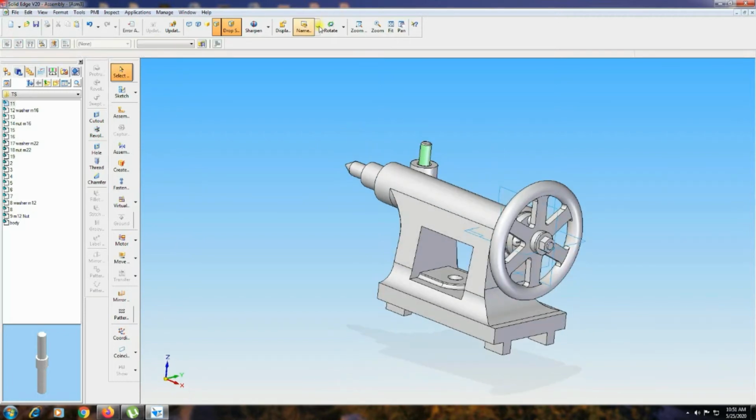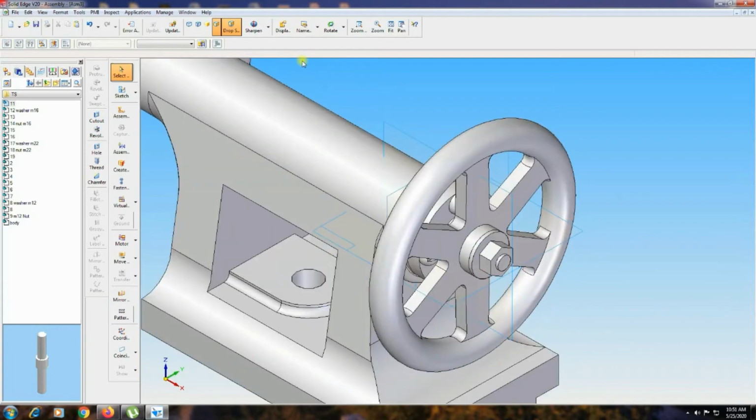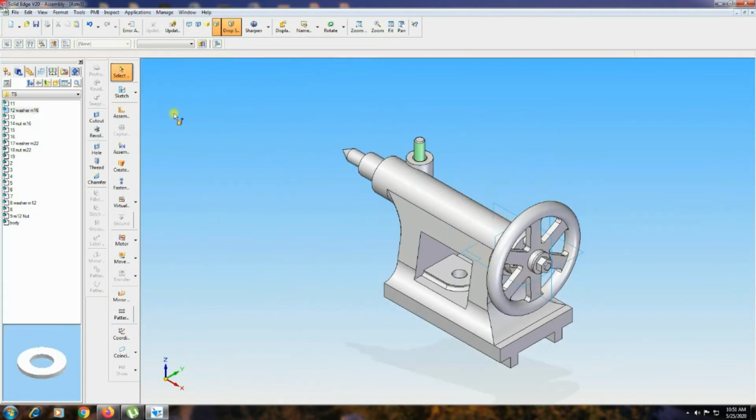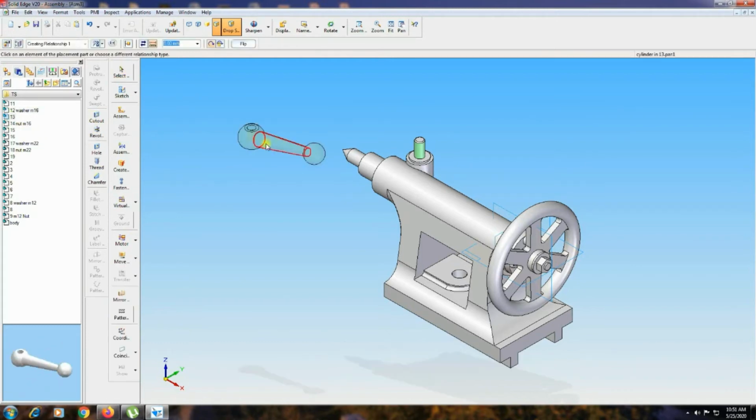Next, the washer, you have to bring the washer into the sheet, fit sheet, washer 16, right click, edge, then that circle. Next, nut M6. Before that one, the handle.